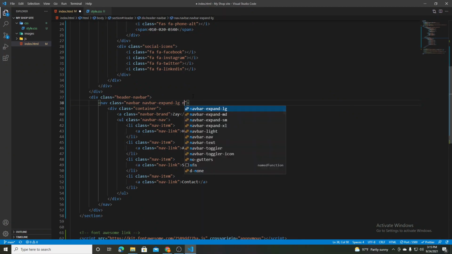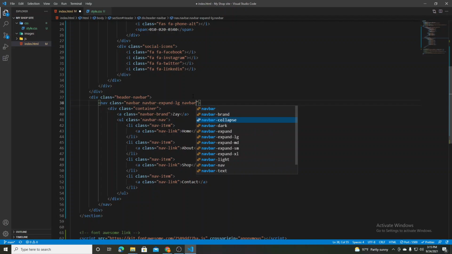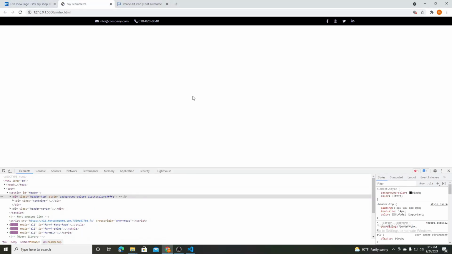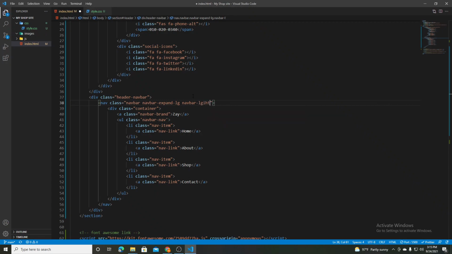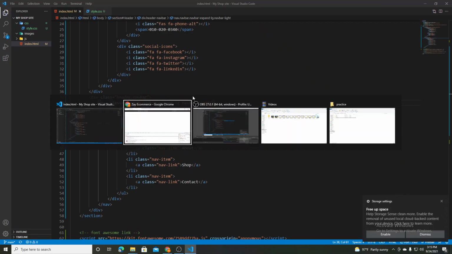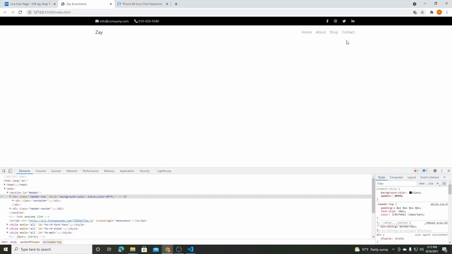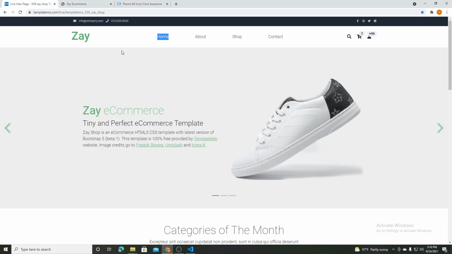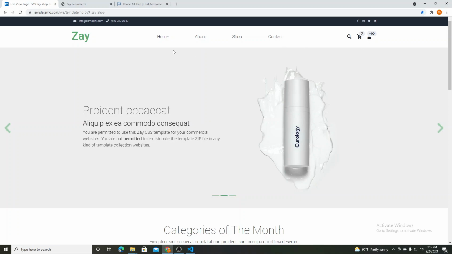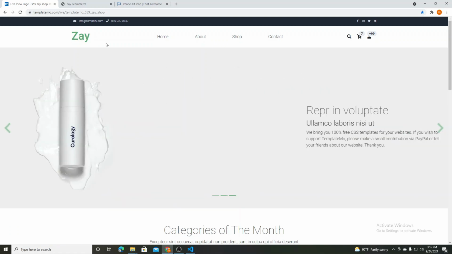Next we have to give our navbar a class called navbar dark. So navbar dark, or it will be navbar light. It will make our menu text dark, like you can see J dark, home dark, shop. Yeah. So what's next? Next we have to bring this navbar in center and bring some icons, search, cart and user,